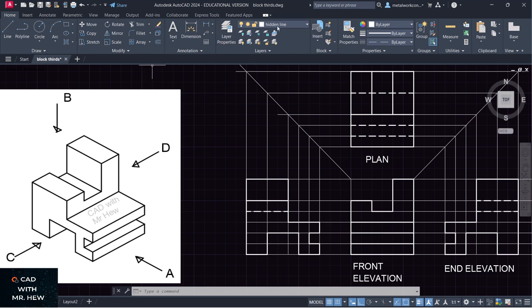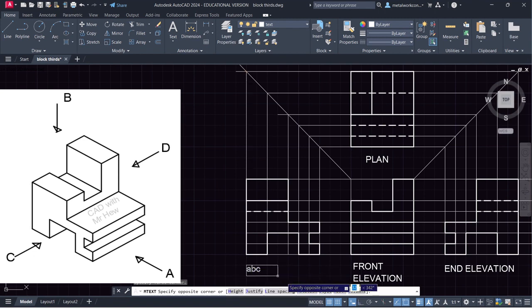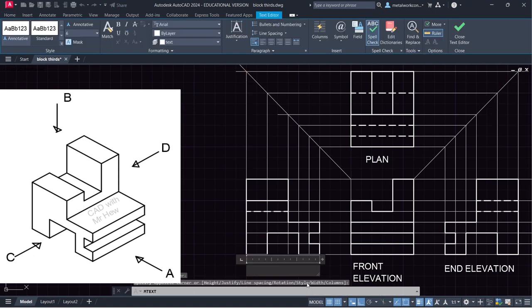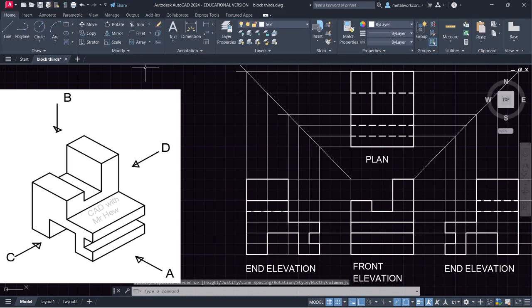Let us label. Go to a text layer. We're gonna go single line text. I'm gonna select here, there. And we're going to label in capital letters END ELEVATION. As simple as that. So we save our drawing,